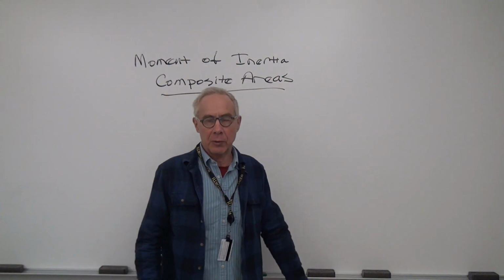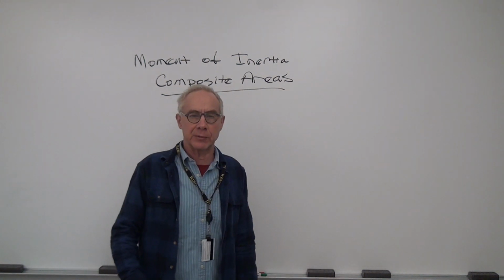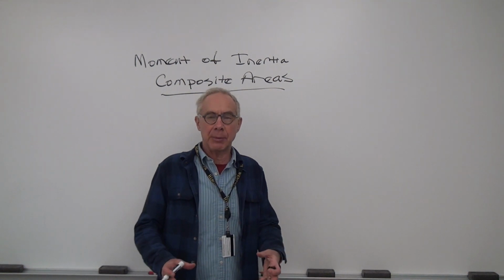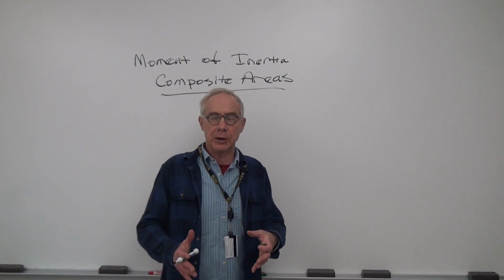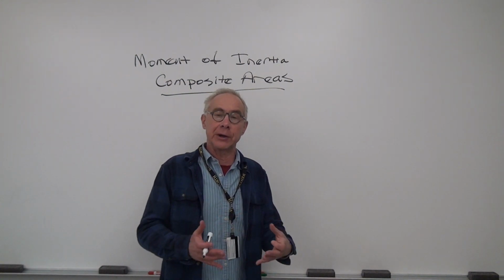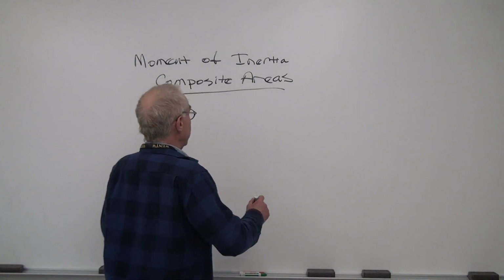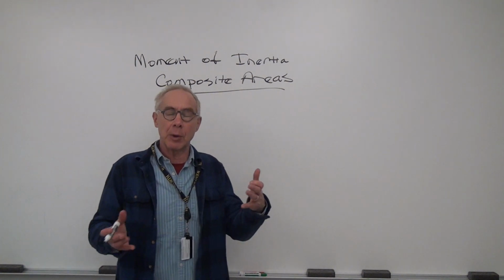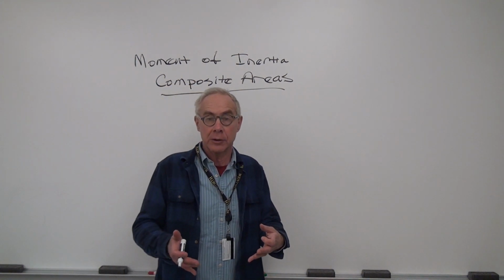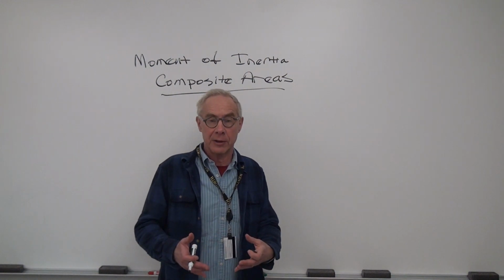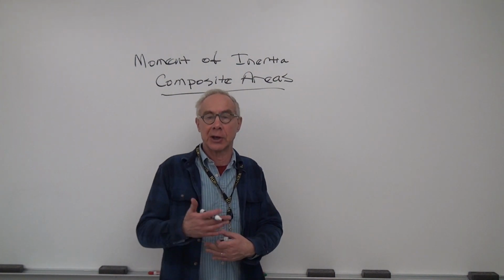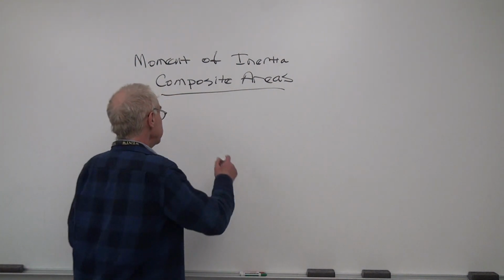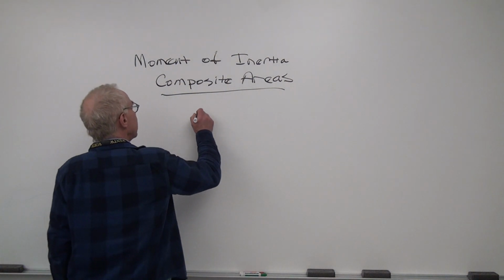That's our goal today. So what do we mean by that? By composite areas, we're referring to areas that are essentially the combination of multiple simple areas for which we already know how to calculate the moment of inertia. So for example, actually let me start at the beginning of what is the moment of inertia. We'll review what we already looked at before, which is the moment of inertia for rectangles. And then we'll look at some examples of the actual calculation for what we're referring to as these composite areas. So the moment of inertia is defined